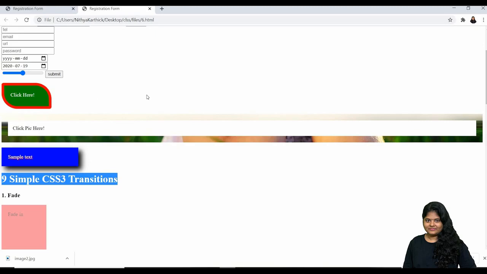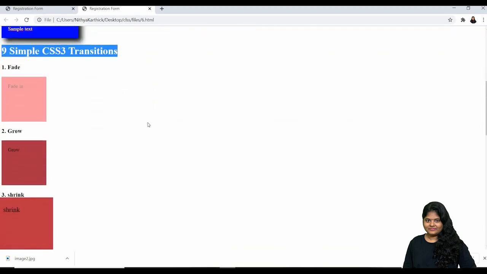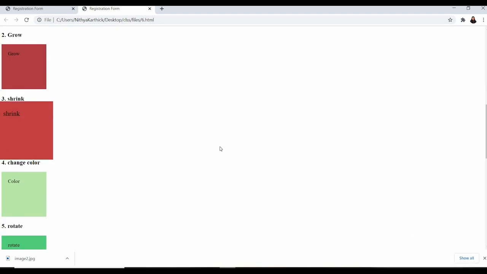So product div, I hope so. Yes, you just give this fade in, grow, shrink effect for product images. I have just given it here for a div, right? So you give it for product images. You try it on your own and upload it in the task section.